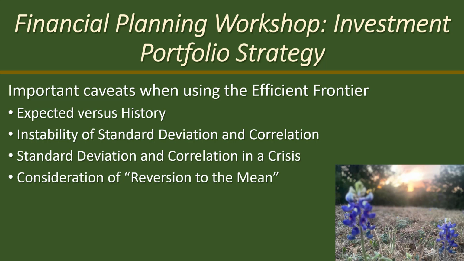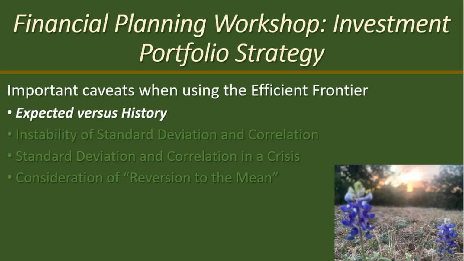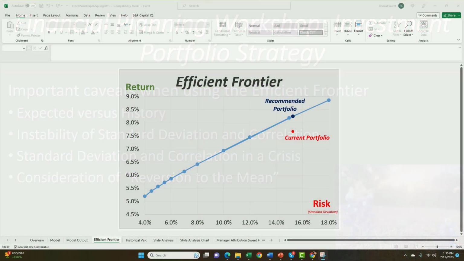And then we'll talk about some of the issues with the inputs to the efficient frontier, in particular standard deviation and correlation. And then I want to talk about some things that you might do to edit or change how you approach the efficient frontier, coming up with what we talked about in the last session on a tactical allocation. This session will go back to the Excel spreadsheet we used last video, and I want to start by showing you a sheet in that spreadsheet,